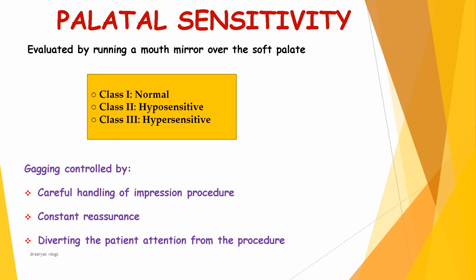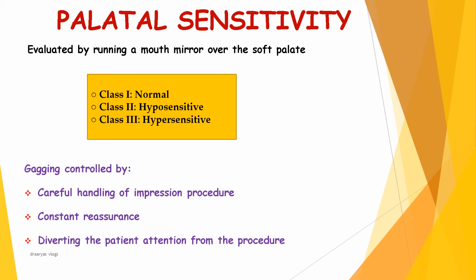An exaggerated gag reflex can compromise prosthodontic procedures like impression making, and the causes are systemic, psychological, physiologic and iatrogenic. The management of such patients may be clinical, psychological or pharmacological. Gagging can be controlled by careful handling of the impression procedure, constant reassurance and diverting the patient's attention from